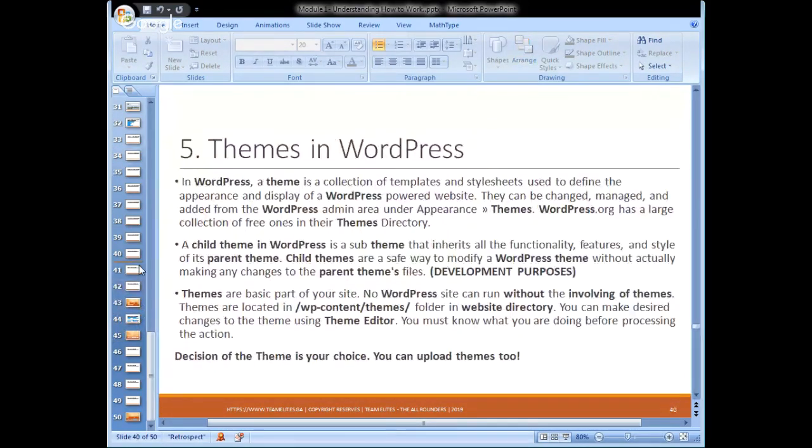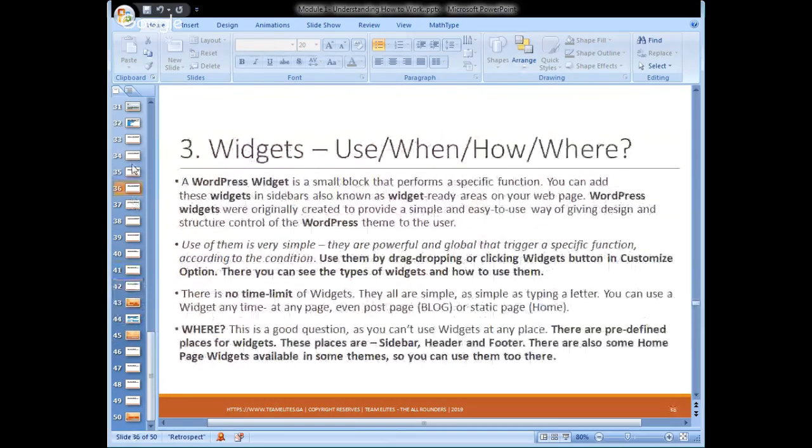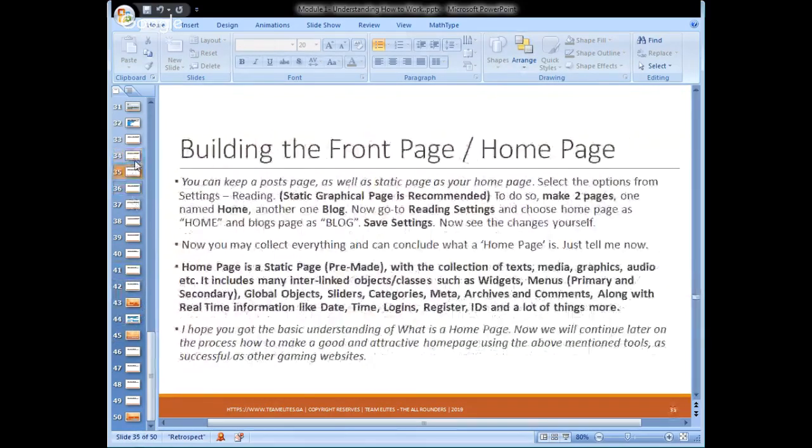Now everything so far is the theoretical part. Now, building the home page, and you have already seen the testimonial frame. If you see our mobile application website, that is teamlights.ga/app.